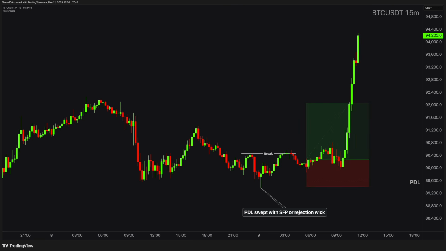This was a solid trade example, and I noticed a couple of students on Twitter actually took this trade. I liked it. I honestly think it was a really nice opportunity overall. After that, price moved straight back up toward the PDH, which is the previous day's high level. This was a classic move from PDL to PDH, or similar to how the price often moves between PDH and PDL